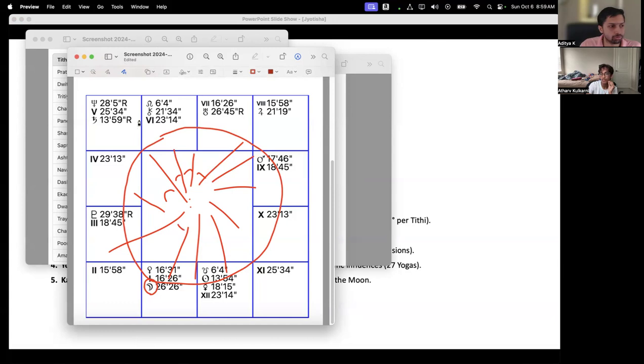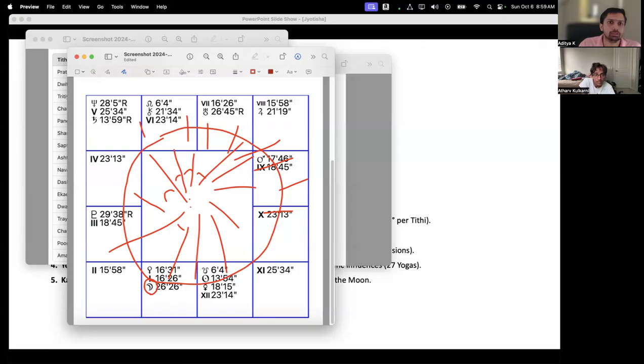So we begin always from Ashwini here. Bharani, Kritika, Rohini, Mrugashirsa, Ardra, Punarvasu, Aslesha, and so on and so forth. You find where the moon is on the particular day that you are born, and which part the moon is in becomes your nakshatra. It's that simple.